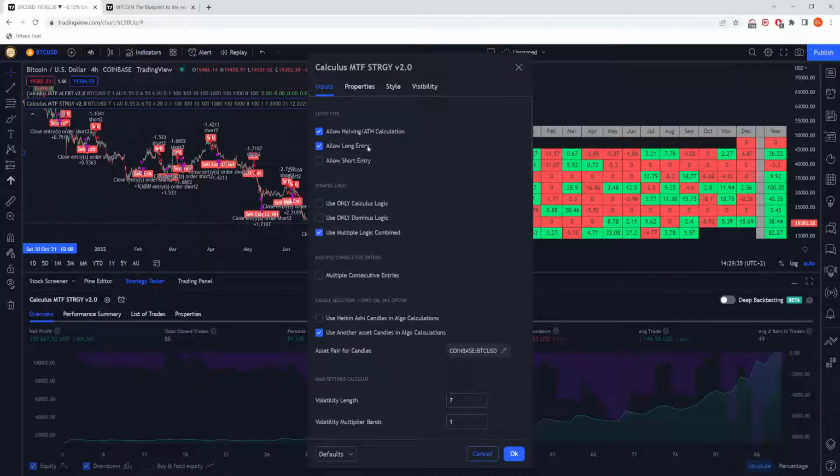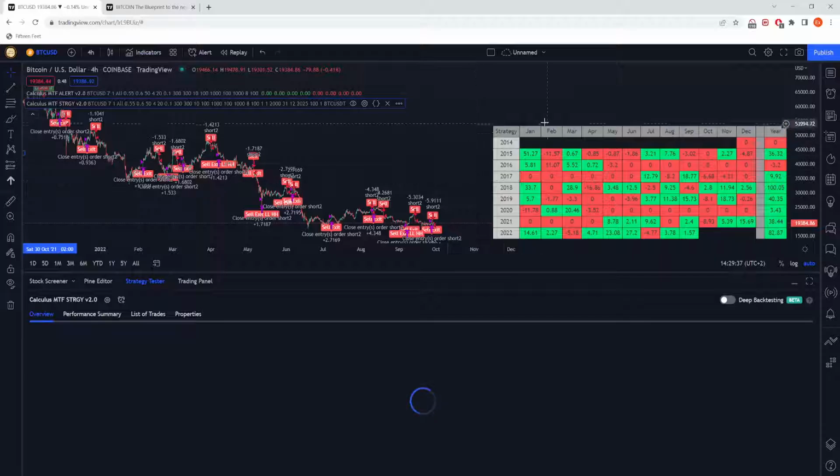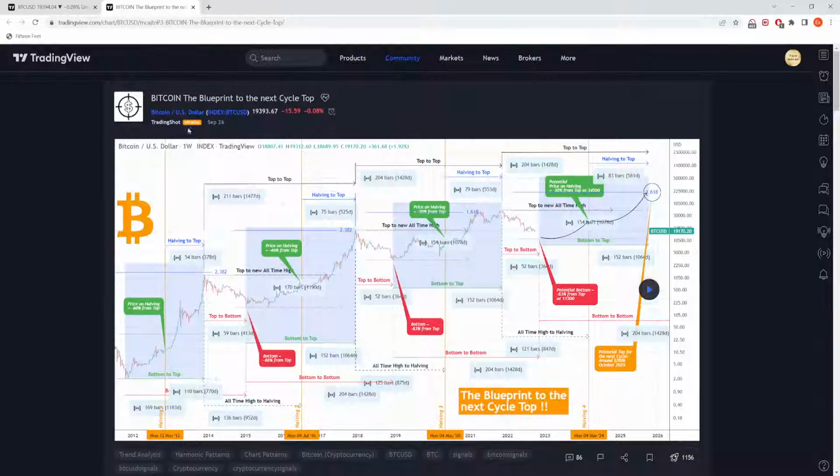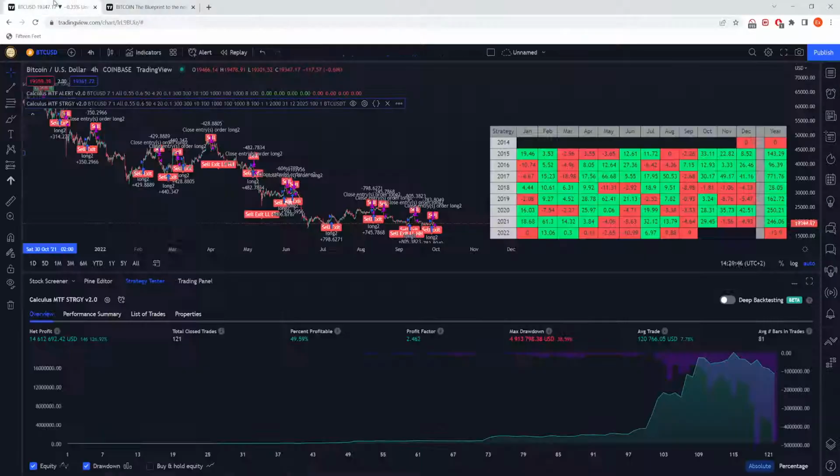Like for example, if you would go with the long without halving, you can see that, for example, this year in 2020, in 2018, and then as well, but we don't have the data here, in 2014, are the moments after the all-time high, so more or less around 1 year and a couple months from the all-time high. So like for example, December 2013, December 2017, and December, for example, 2021. So all these periods for like 1 year and a couple months